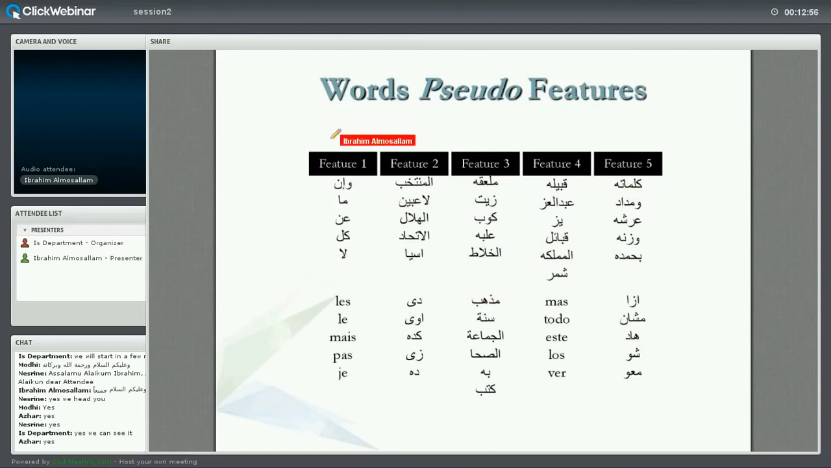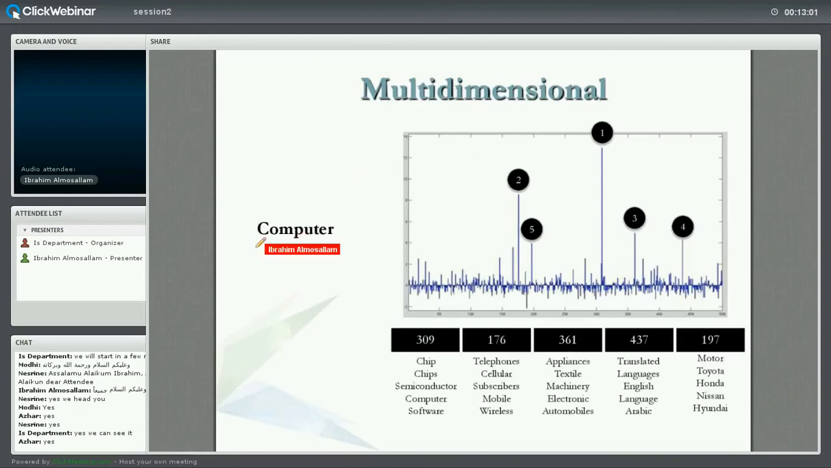If you visualize each feature separately, we can zoom in into a word. So take the word computer, for example. Now the computer was described into 500 pseudo features. So the machine learned that the word computer has these pseudo feature values. If you look at the top feature, that was feature number 309. Now, if you sort all the words in the dictionary according to feature number 309, what you get is chips, semiconductors, computer, software,